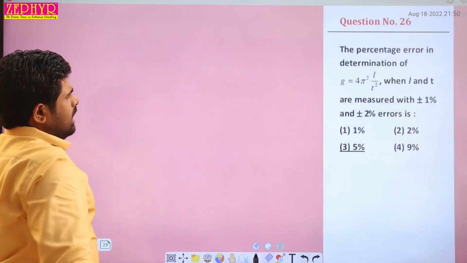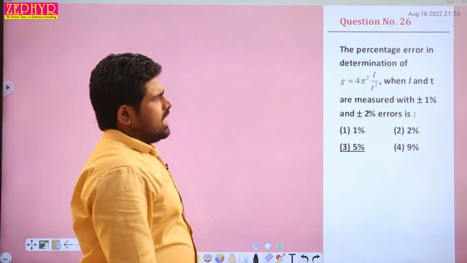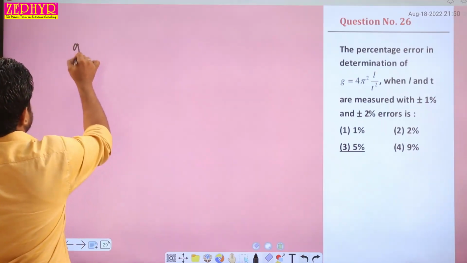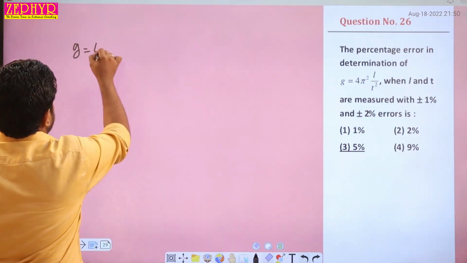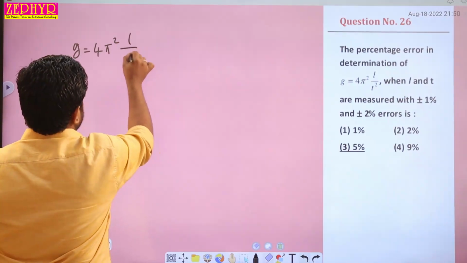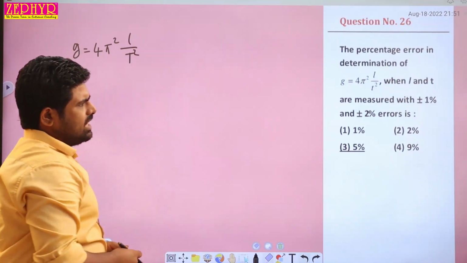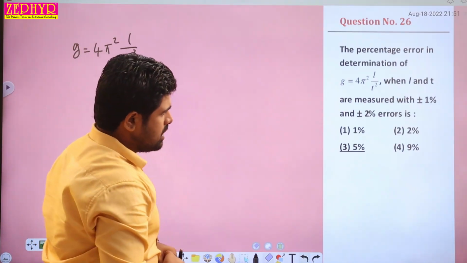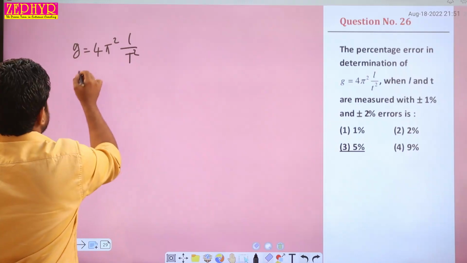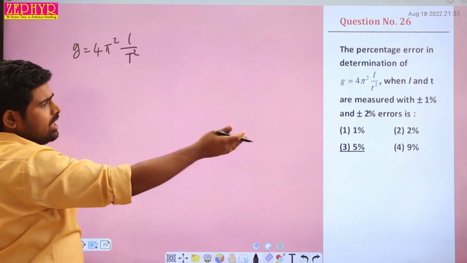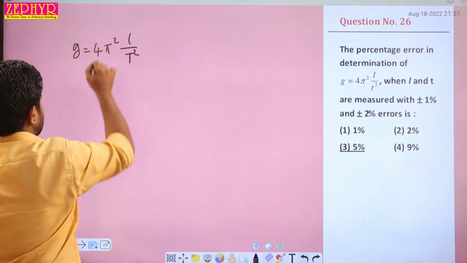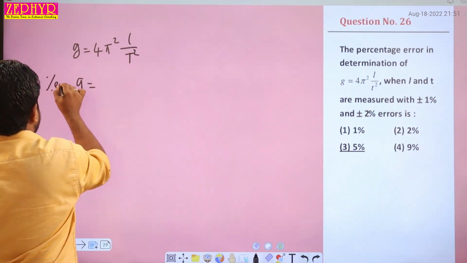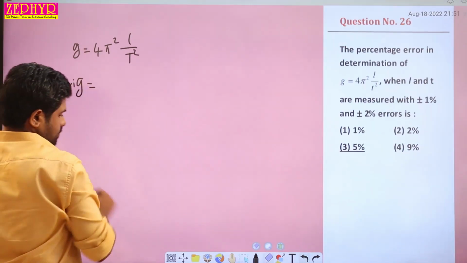Then question number 26. The percentage error in determination of g, where g is equal to 4 pi square L divided by T square, where L and T are measured with plus or minus 1% and 2%. To calculate the percentage error, I avoid the constant term. So now it is equal to the percentage error in